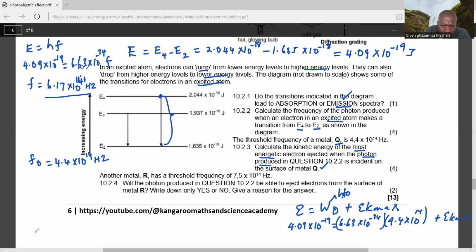So let's do the working. 4.09 times 10 to the power negative 19 equals 6.63 times 10 to the power negative 34 multiplied by 4.4 times 10 to the power 14. So this will give us